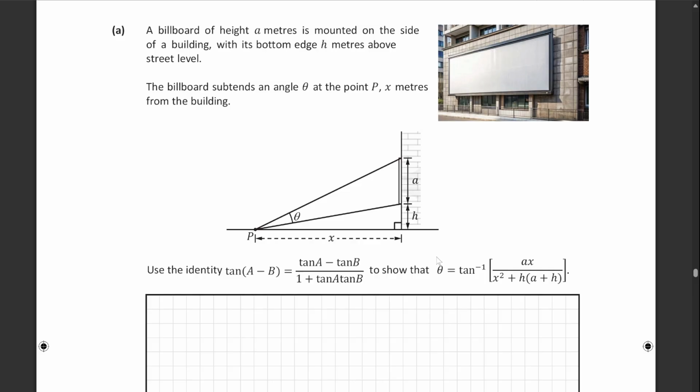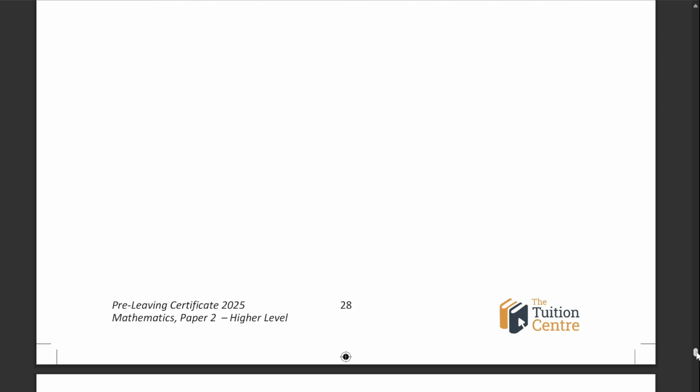So, in sort of the teaching realm, the whole idea of Bloom's taxonomy kind of comes in here. You really have to start with the lower order thinking questions first. So as in getting simple right angle triangle stuff correct before going into this whole idea of compound angles and then these sort of tan formulas. And I wouldn't imagine a lot of students would say let this angle here equal alpha or something. And with the fact that there's an A minus B, but there's no A's or B's in this whatsoever. So I think you're going to have to make an adjustment there with some of the questions and its pacing,